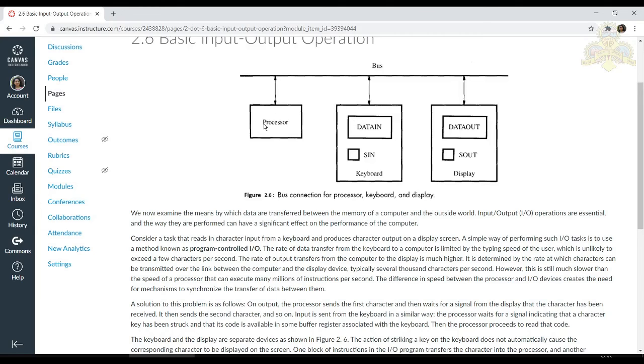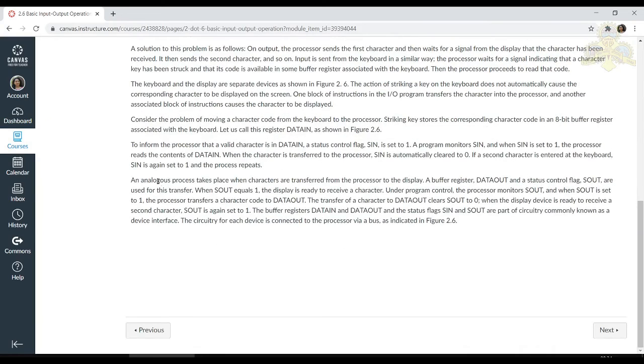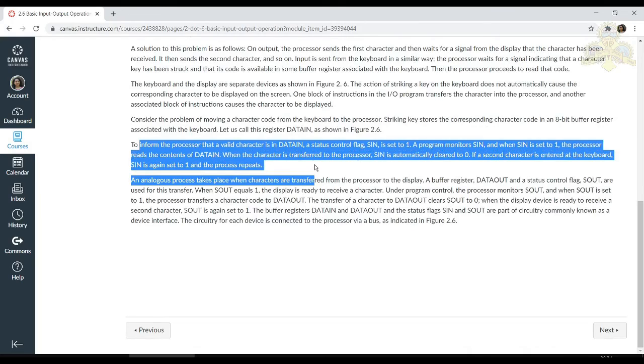Now your processor, whenever these things are going on, continuously checks the value of SIN. By default your SIN would be 0. That means nothing, the user has not entered anything from the keyboard. So the explanation for this is over here.